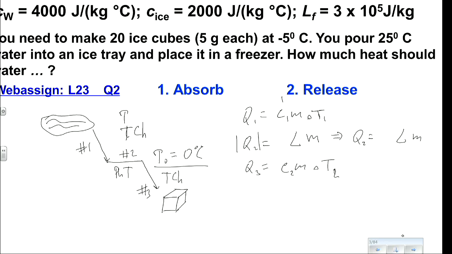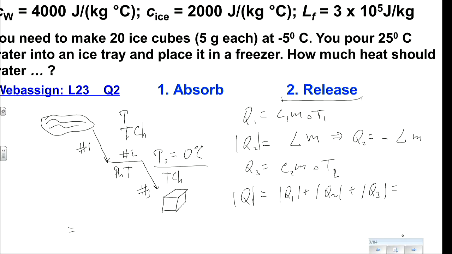And here the answer depends on what is happening. So if a system is releasing energy, losing it to surroundings, what should we choose? A minus. So all three Q's will be negative, actually. And if we ask how much heat should water release, in that case, the answer usually is the magnitude of the total amount of heat. So technically, this is what we're looking for: magnitude of Q1 plus magnitude of Q2 plus magnitude of Q3.